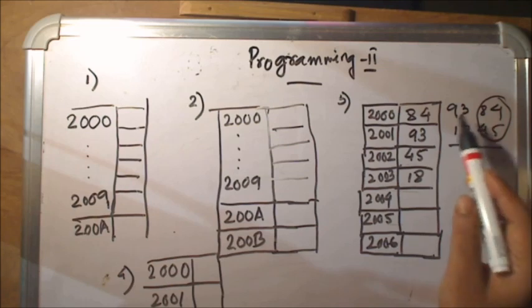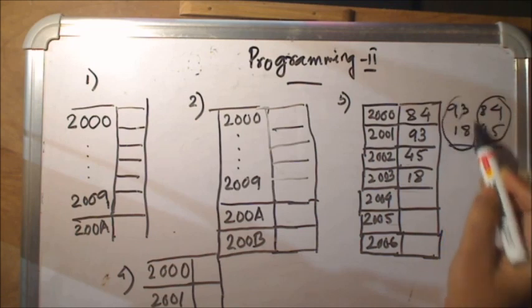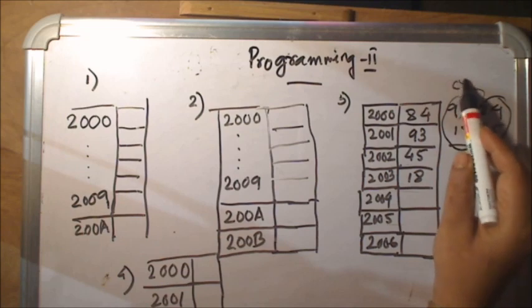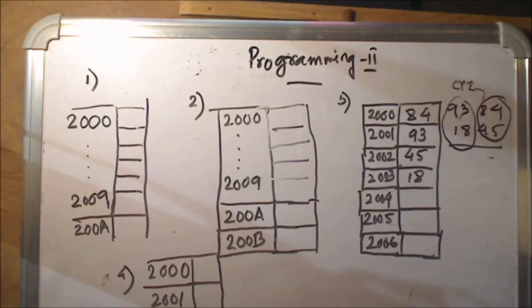Then you add the higher byte along with the carry of the lower byte, and then again you use DAA, and you get the answer in decimal. So you are going to do all of this. I am just telling you about the questions. Next is the last question.